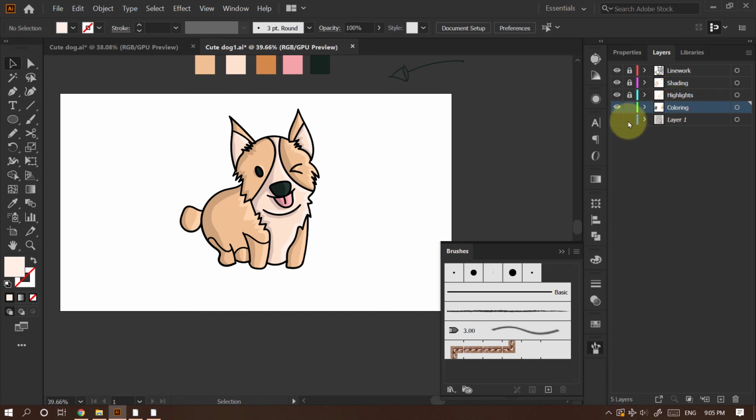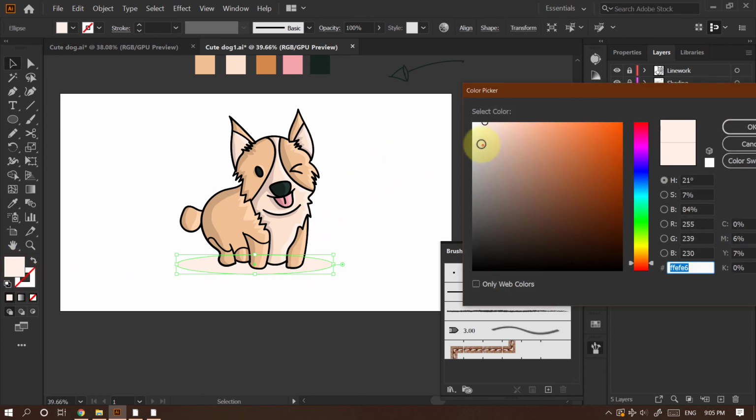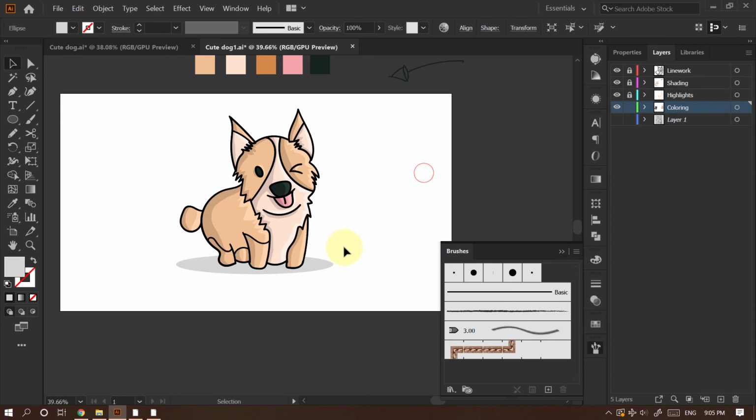I think it should go in the coloring layer because it's the most bottom layer. I think I should choose a gray color for this purpose.